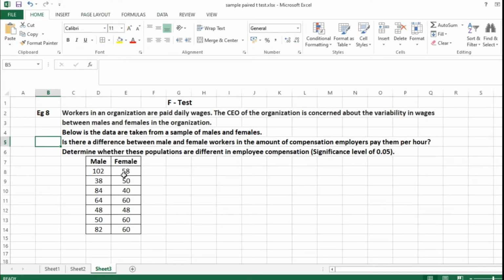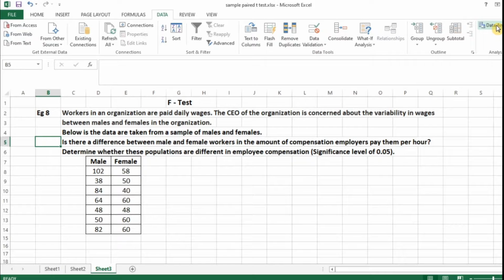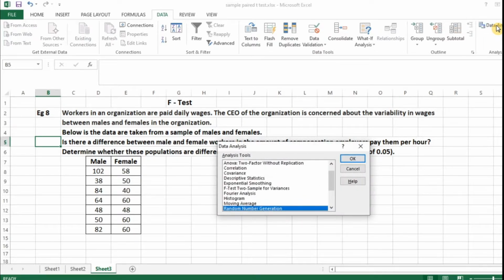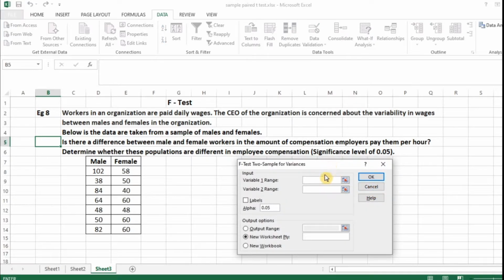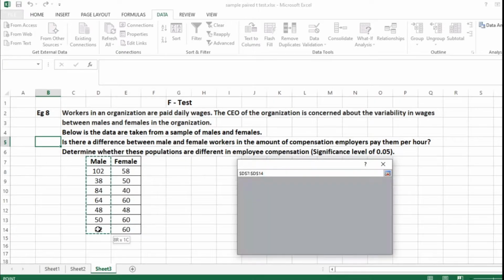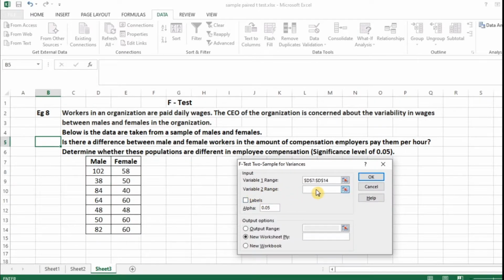So I'm starting to calculate F-test using the Data Analysis tab. So I'm clicking the data menu, Data Analysis tab. I'm having the Data Analysis window here. So what I'm going to do is perform F-test two-sample for variance. So I'm clicking this, going to give OK. I have a window for F-test two-sample for variances. In input variable 1 range, I am selecting male data, and in variable 2 range, I am selecting female data.